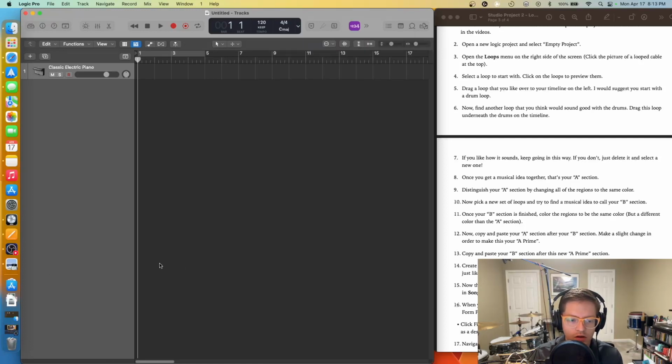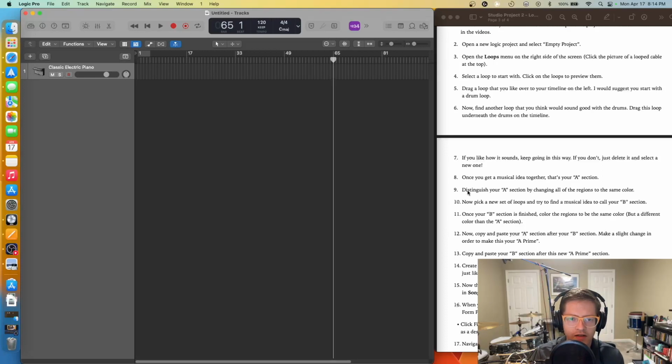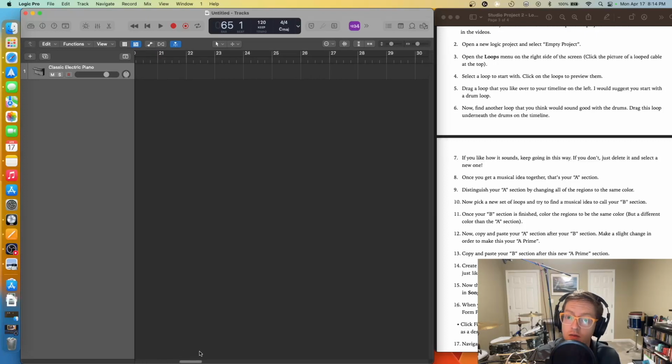So just to get an idea, 64 bars is, if I was to shrink this real nice and tiny, that is 64 bars, right? And so if I went back to the view we were at before, that's about how long your song is to be. Seems like a long way, but it's not going to be, because we're going to do it in